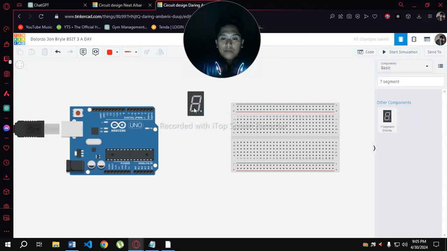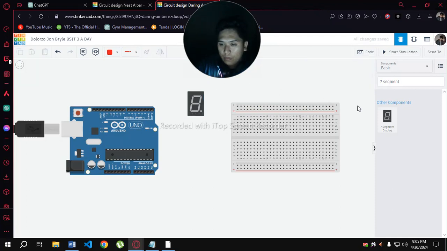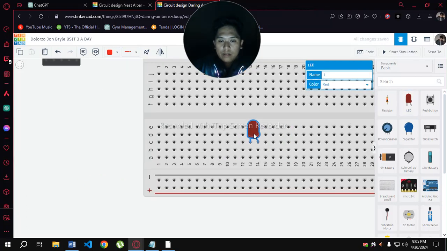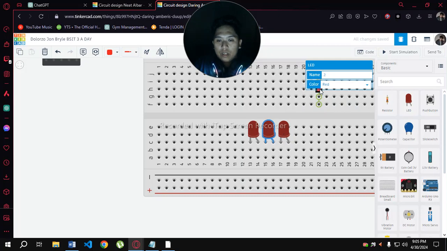To start, we are going to change our 7 segment display into a cathode. Now it's very important. Next, we are going to need our 3 LED lights. So we are going to put them right here, I think it is a good spot. Okay, and we are just going to stack them to one another.